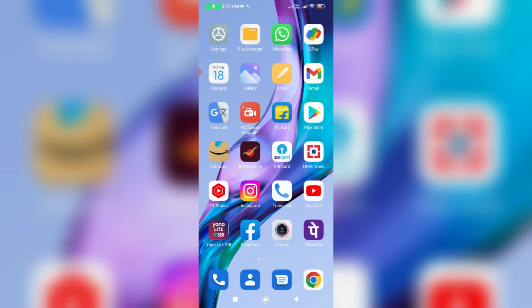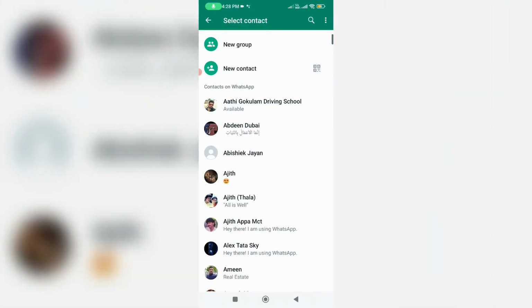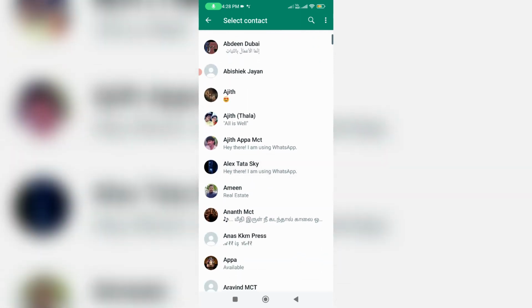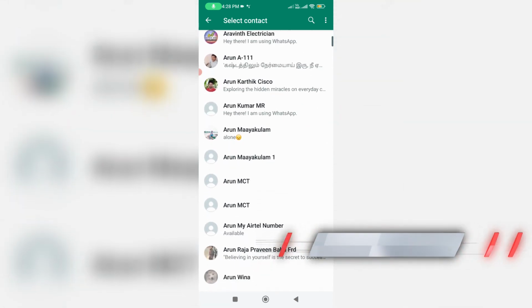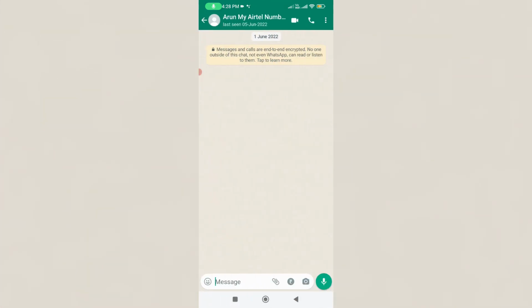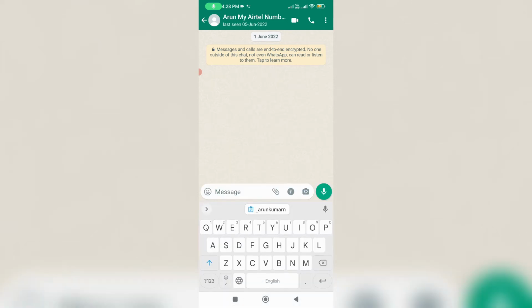If you would like to share your Instagram profile link via WhatsApp, just open it. Then I choose one of my friends, because I share my Instagram profile link with that particular person. Once you open it, paste that Instagram username, but don't send this text yet.